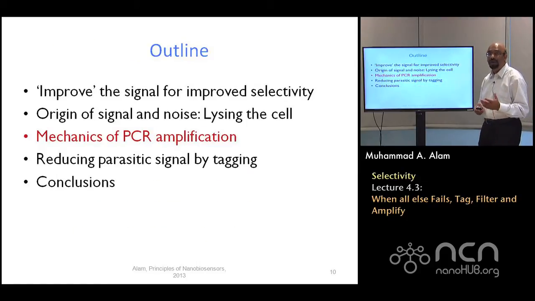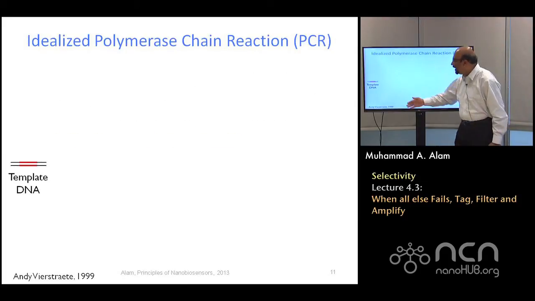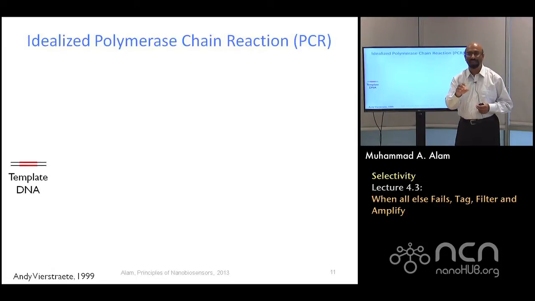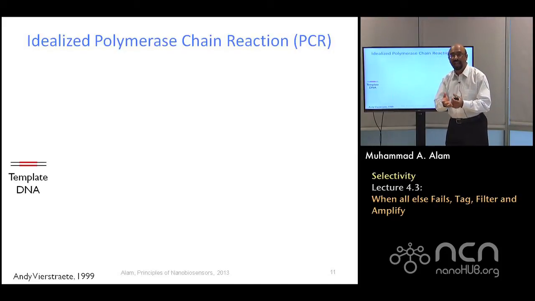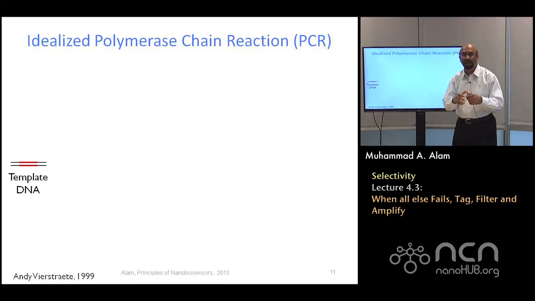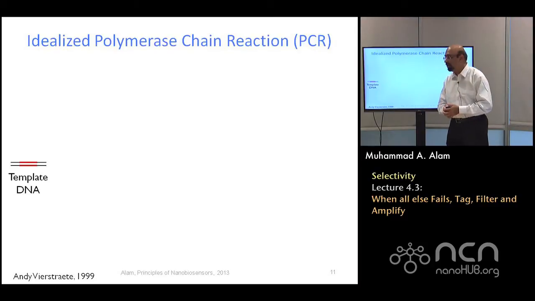So how do you amplify the signal? You see, I have just extracted the DNA, but I have not really amplified it. And this is how the amplification goes. The general idea is that there is something called a polymerase chain reaction. This is a way of amplifying a signal. Just like if you have music which is very low sound, you can use an amplifier to make the sound bigger. The same thing you can do with the DNA that you just lysed. The word lyse means to break apart. So after lysing the cell, you got DNA, and the DNA you can amplify.